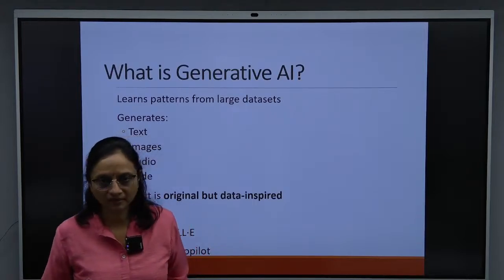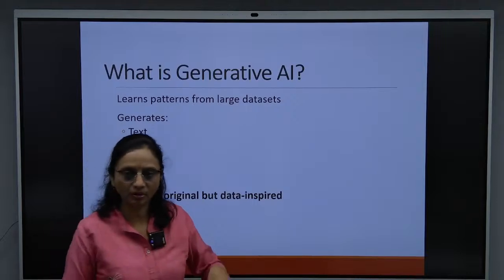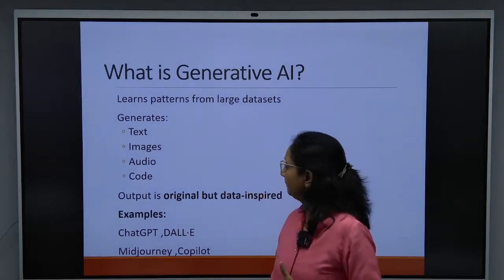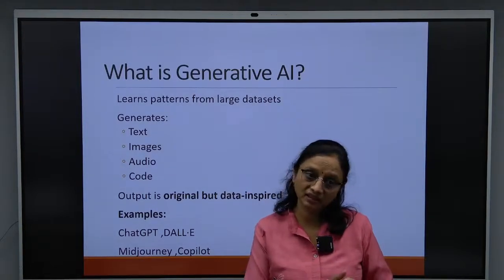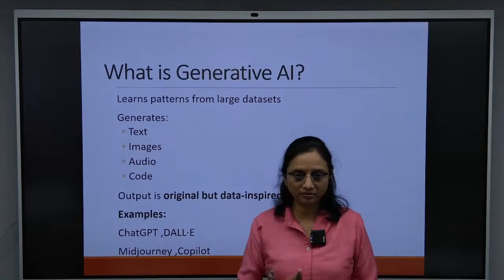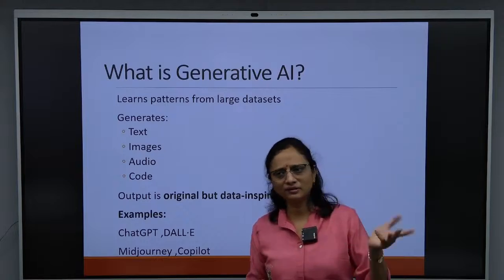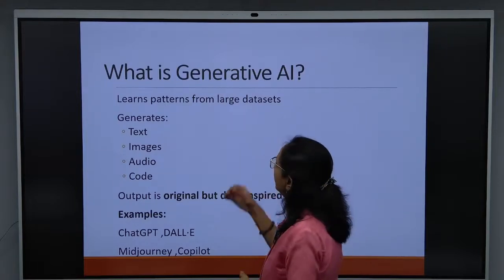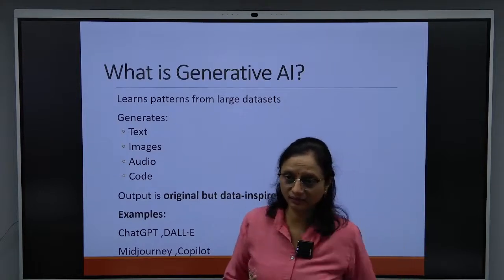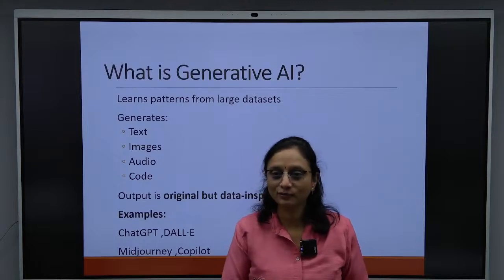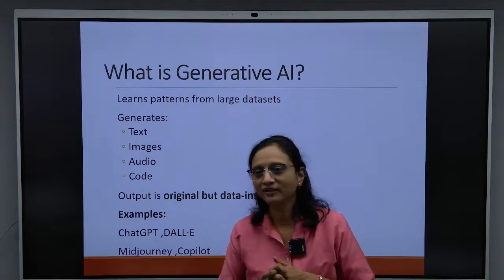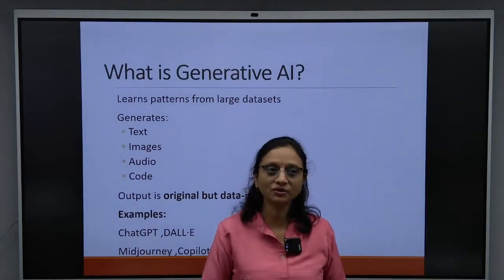Text we already do. By default, whenever you send any message or prompt to the GPT, it will show you the output as text. Then it will generate images. Just drop a message like "generate one mobile image," and it will show you the image on the GPT. Then audio also, and for code, you know very well. Those who are currently in the B, they know how to generate code and how to do the assignments. Agree? Yes, ma'am. How to do the assignments with the help of Gen AI, because submission is quite easy.